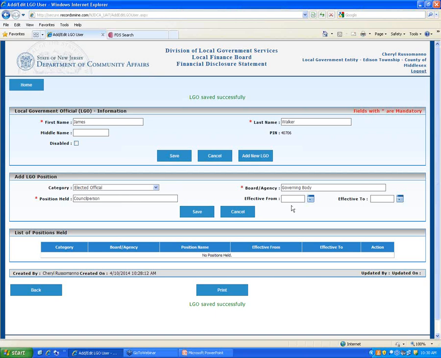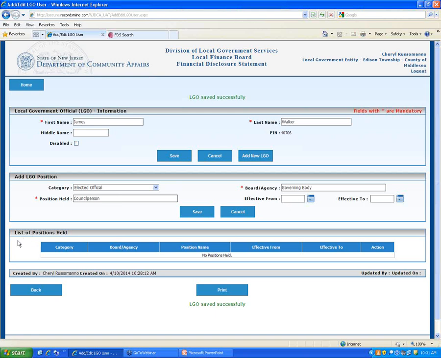And then we also give you the ability, if you want to, to put in the term effective date for this position for James Walker. It's not a required field. You don't have to enter it in. But if you do enter it in, that information will appear on his FDS under his position. So again, if you have it readily available and you can enter it in, by all means, put the information in there. If you don't have it, don't worry about it. It's not a required field. I think later on you can actually update that information.